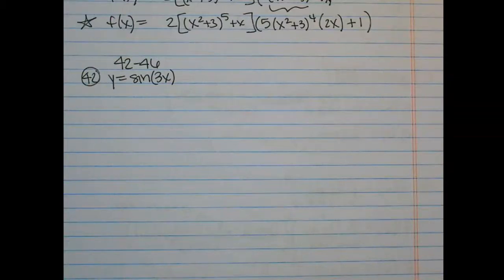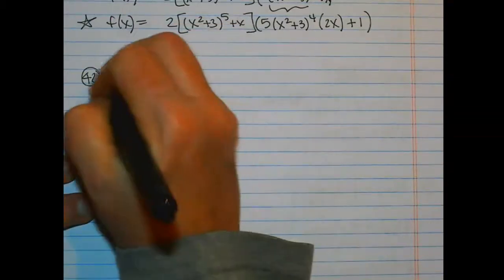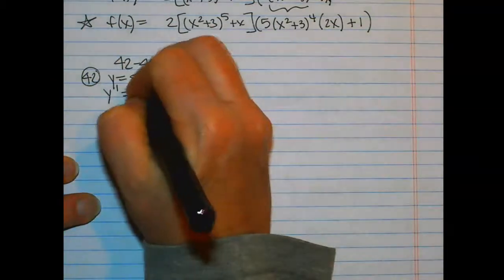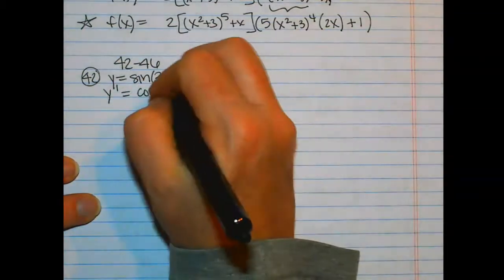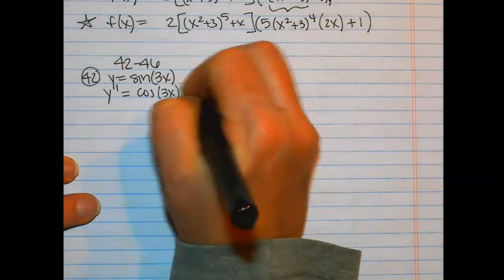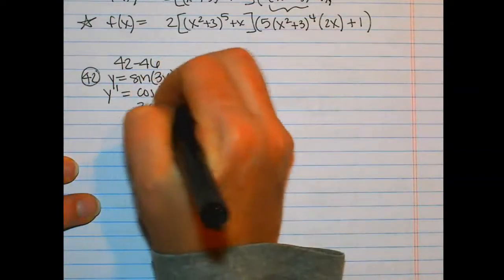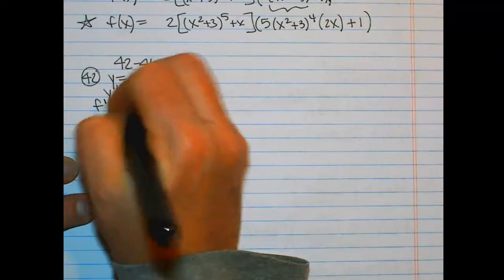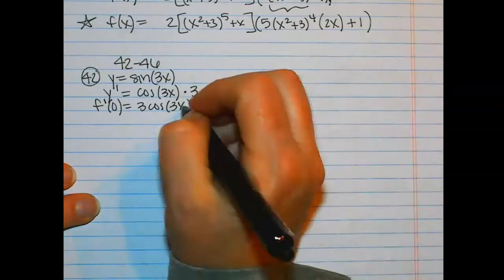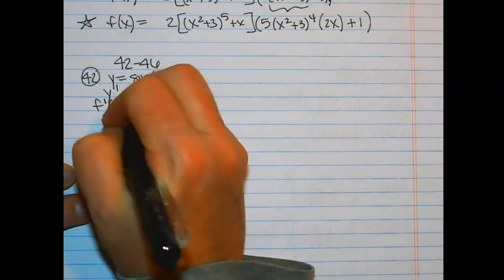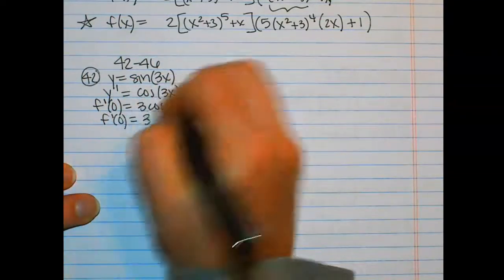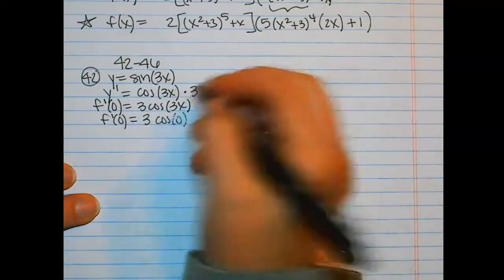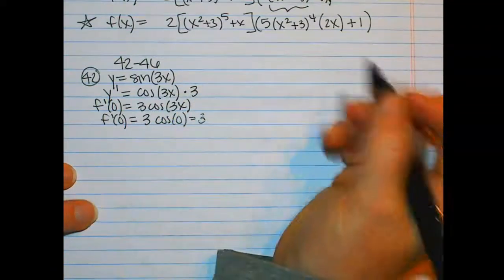The directions for 42 say, find the slope of the tangent line at the origin. So that means I need the derivative, which is going to be cosine of, keep the baby, times derivative of the baby, so 3 cosine of 3x. And they want to know f, I'm going to call it f prime of 0. So when I plug in 0, I get f prime of 0 equals 3 cosine of 0, which is 1. That's going to be equal to 3. So the slope